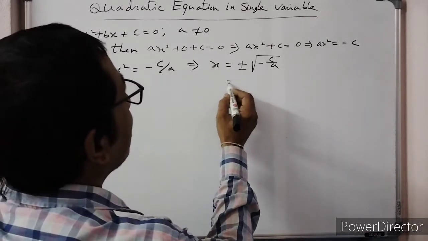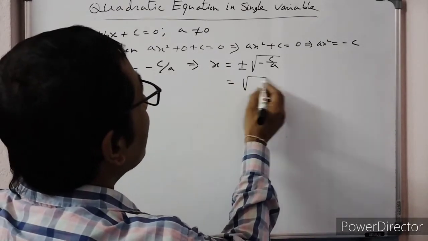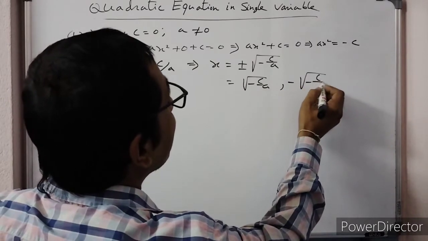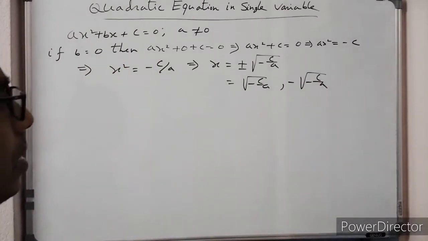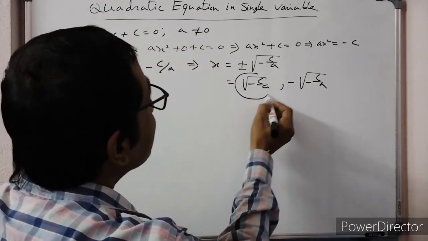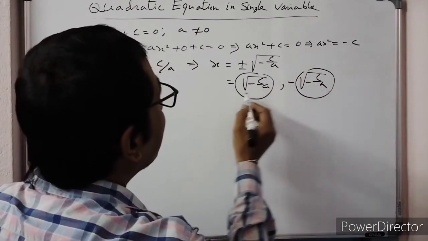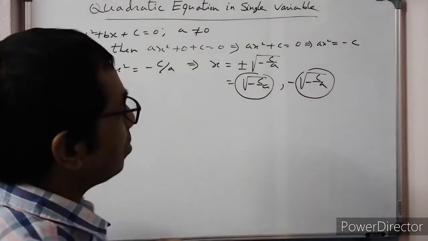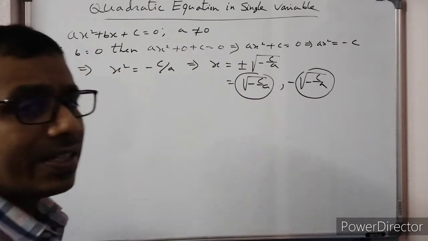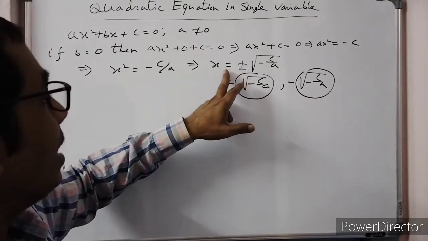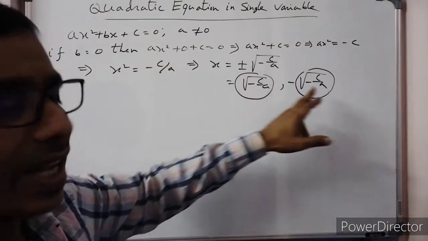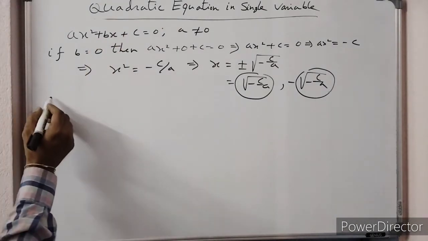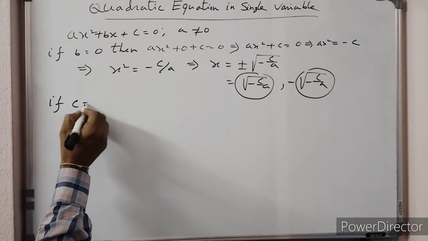Suppose x equal to plus root over minus c by a, and minus root over minus c by a. The magnitude of the roots are same, but they are in opposite sign. This is plus and this is minus. So the magnitude will be same and the nature of the roots will be in opposite sign if b equal to 0. Next, if c equal to 0,